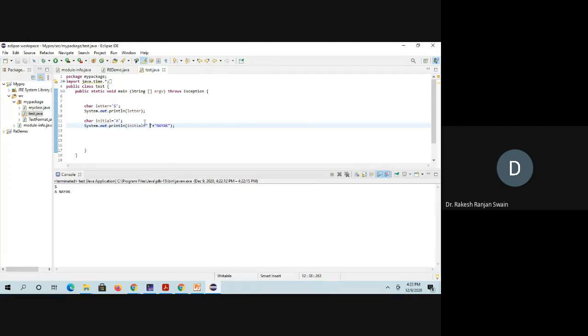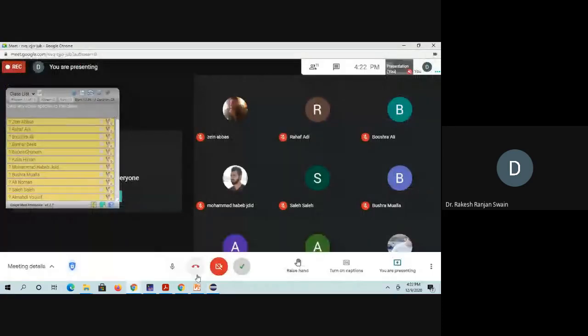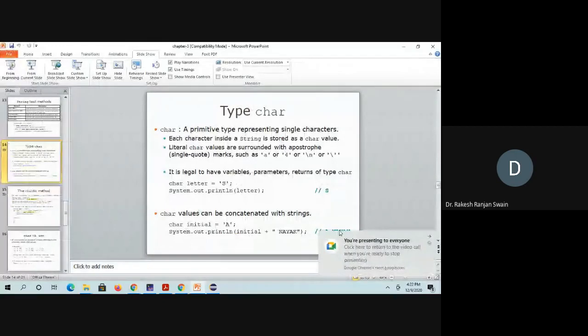A character is there, then concatenated with a string with some space, that is A Nayak. So the two things are written here.